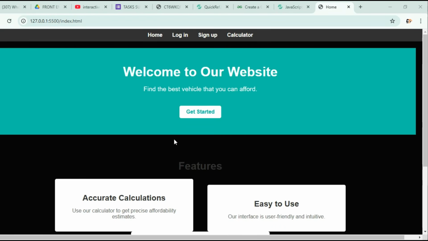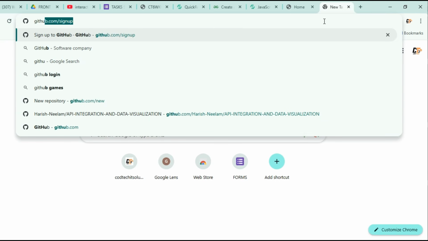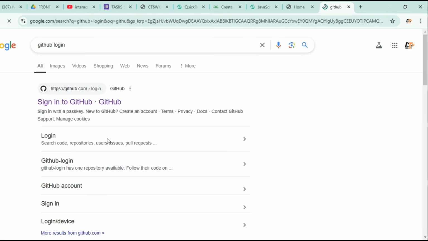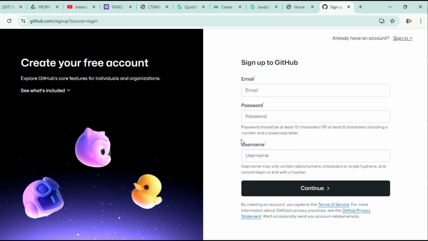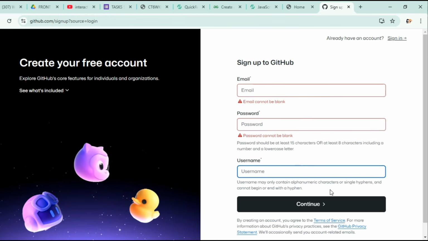Now what we have to do is upload this task into our GitHub repository. So I hope everyone has a GitHub account. If not, I will show you how to create one. Just search Google for GitHub login. You will find a sign in to GitHub. Open the form and create an account by simply entering your mail address, username and password, and a new account will be created. As I have already created mine, I will continue with the username and password